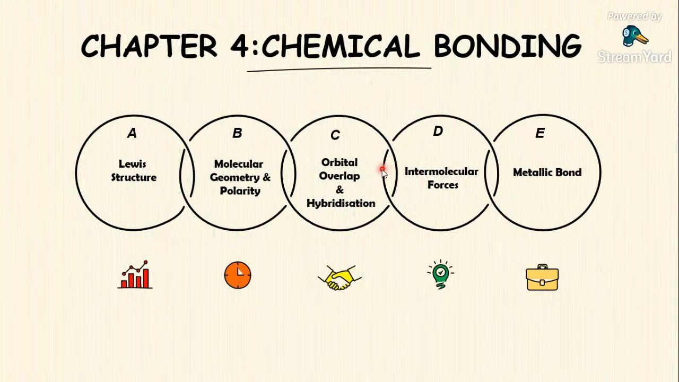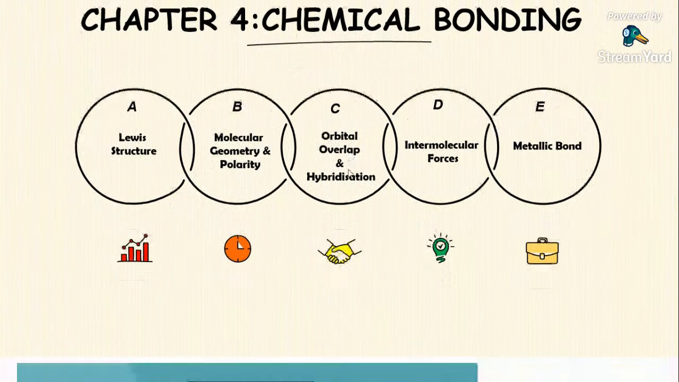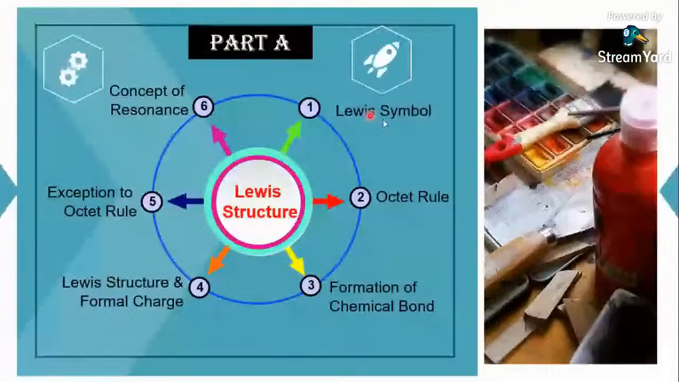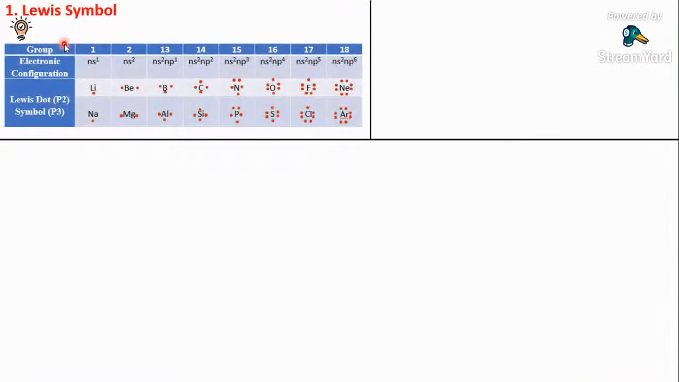The first one is restructure. This learning outcome is from the lecture notes, so we just have a quick review of these 6 subtopics. The first one is Lewis dot symbol. Lewis dot symbol is very important, because later when you want to draw the Lewis structure, you have to identify the valence electron of the